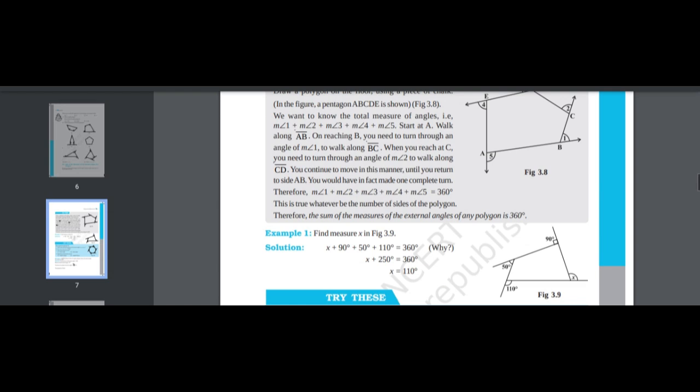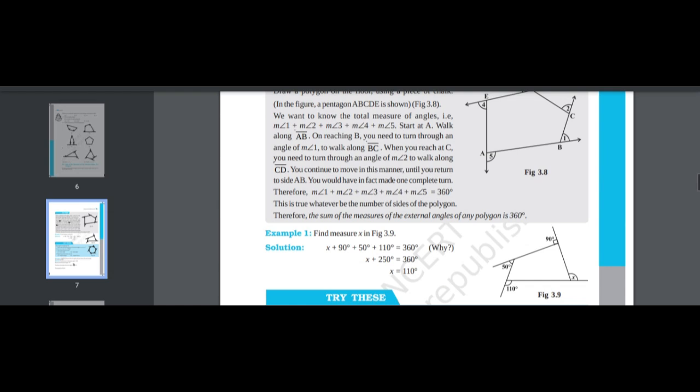Easiest trick to find any angle which is missing in a shape. We know that the sum of the measures of exterior angles is equal to 360. The angles they have given to you are 3. You have to add them. When you add them, you have to subtract the addition of these 3 numbers from 360, and then the answer will give you the exact amount of x. Let me explain.